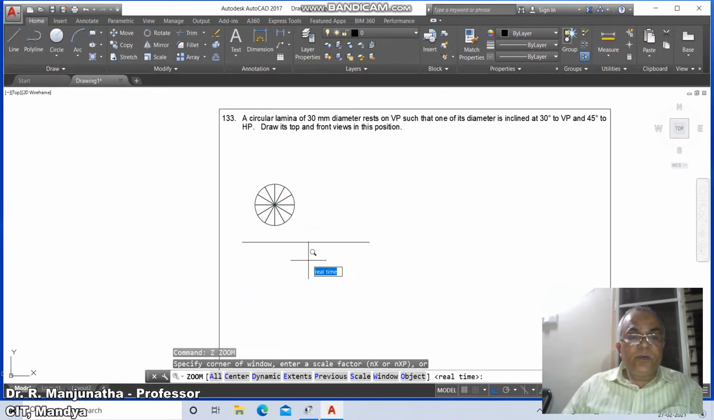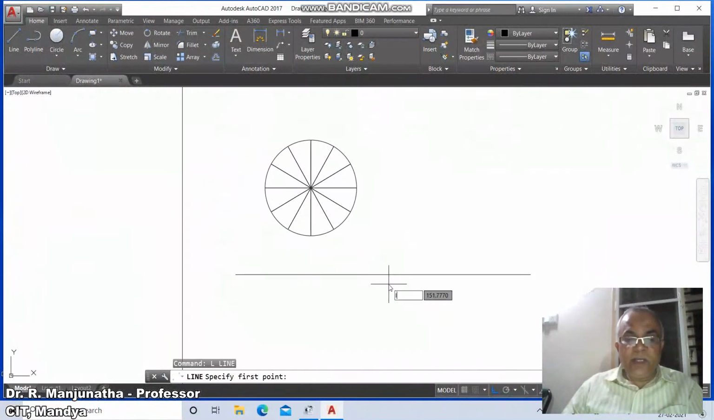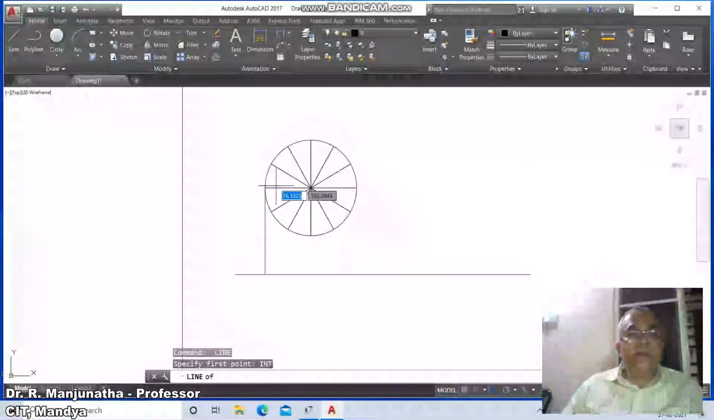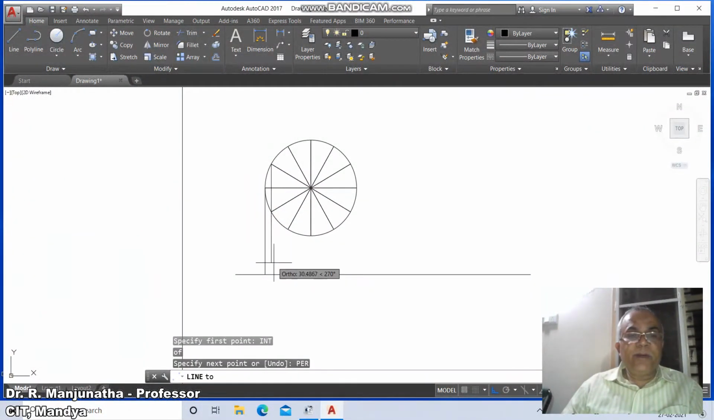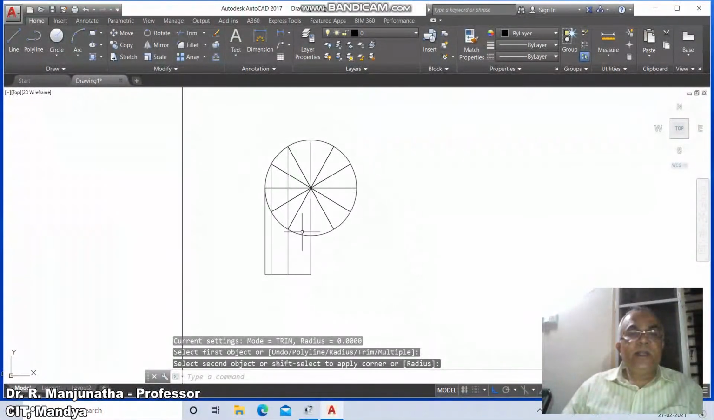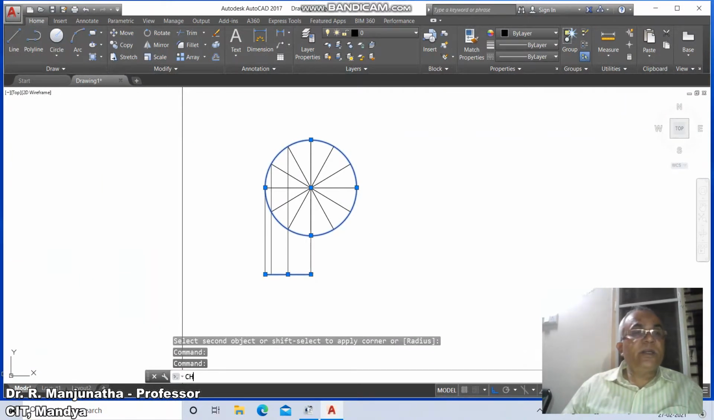line, then go to zoom window, then go to line, take the intersection point of this and draw perpendicular to this. Similarly line, take the intersection point of this and draw perpendicular to this, then go to line, intersection of this and perpendicular to this, then go to line, intersection of this and perpendicular to this, and go to fillet between these two and fillet between these two, then select this line, this circle and this line, go to the ch command, go